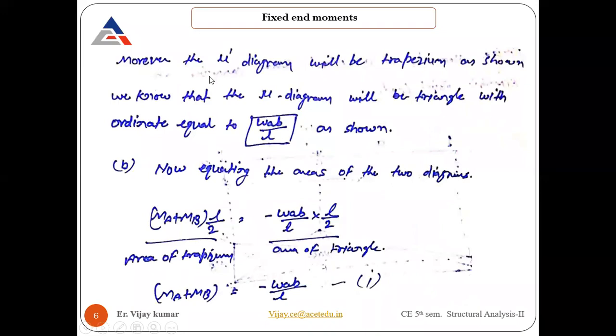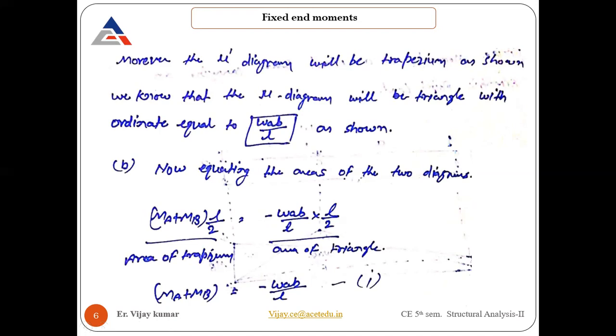So moreover, the Mu diagram, Mu dash diagram, or you can say theta diagram, that's the case of a simply supported beam. The first diagram which I'm considering is a simply supported beam having a W load. It's not a moment value diagram, it's a simply supported beam diagram which has a W load, which is mentioned as Mu. Do not get confused with any other thing. The Mu diagram will be trapezium as shown. We know that Mu dash is the trapezium one, Mu is the diagram which shows the triangular shape. So one is the Mu diagram, the other is the Mu dash diagram.